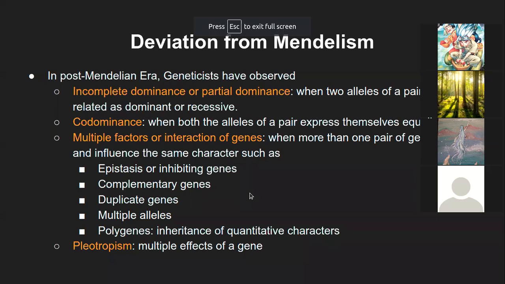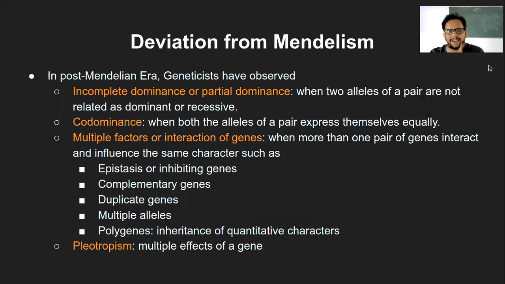So, okay. In the last class, we started with those different behaviors which deviate from Mendelism, or the concepts of Mendelian genetics, specifically relating to dominant and recessive traits being expressed in an organism. Based on that, we had looked at a few. That was incomplete dominance, which is also called partial dominance, and codominance.